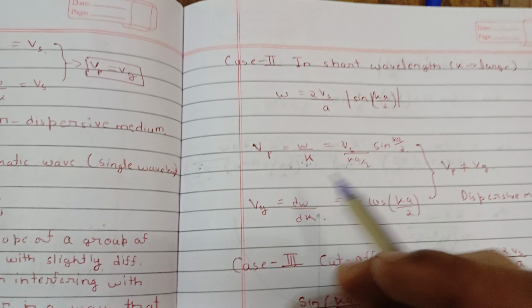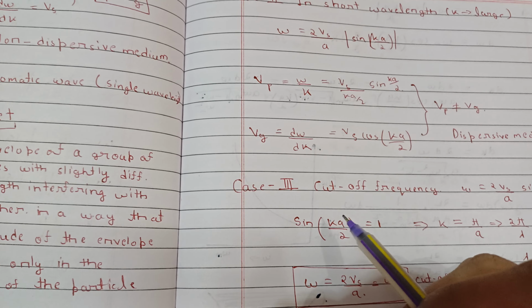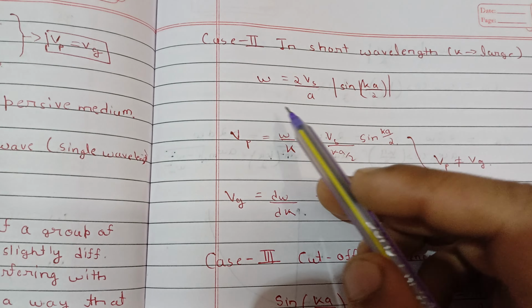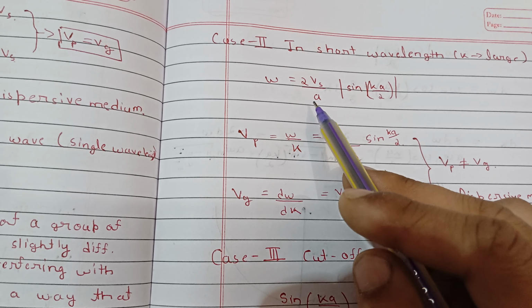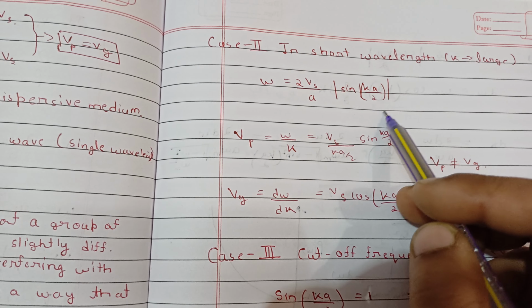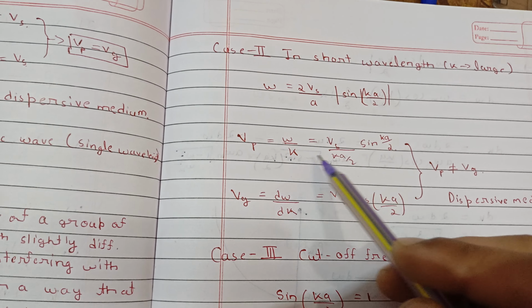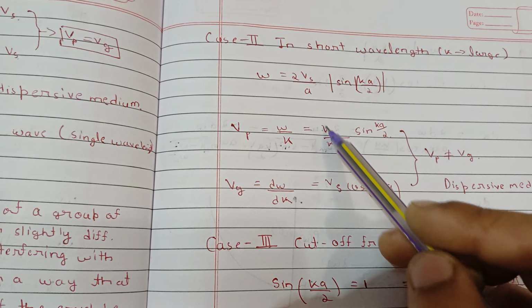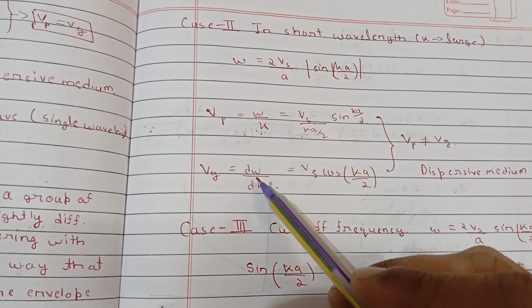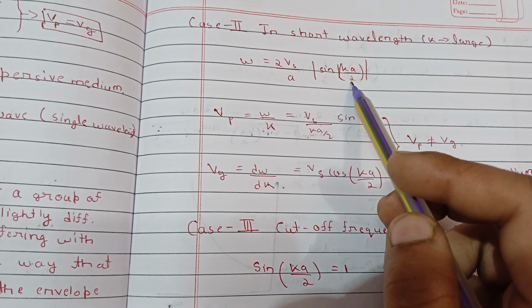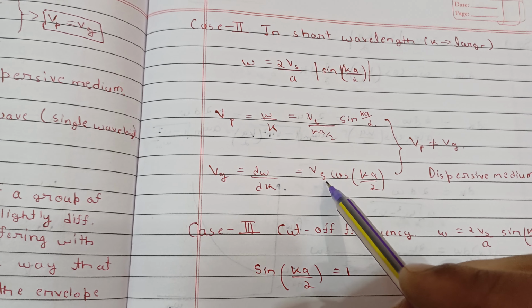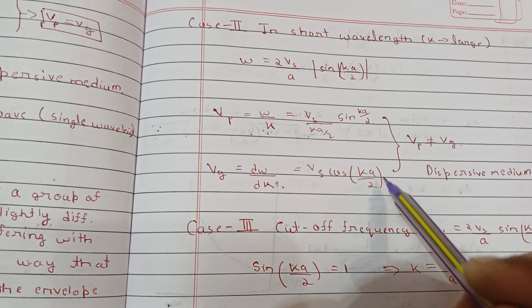Now case second, the short wavelength region. When the wavelength is short, then 2 pi by lambda, that is k, will be large. So we know this expression for the 1D monoatomic lattice, omega equals 2 Vs by a sine Ka by 2. When k is large, just write the expression for Vp and Vg. Omega by k will give us Vp. For Vg, d omega by dk, just differentiate with respect to k, we will get this expression, Vs cos Ka by 2. Now from here you can see that this Vp and Vg are not equal,